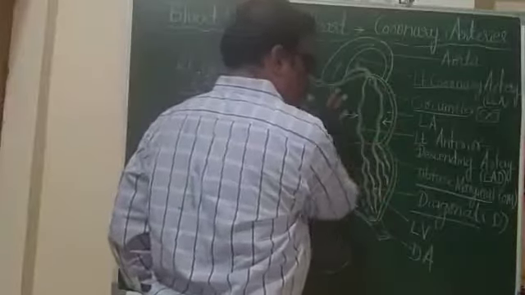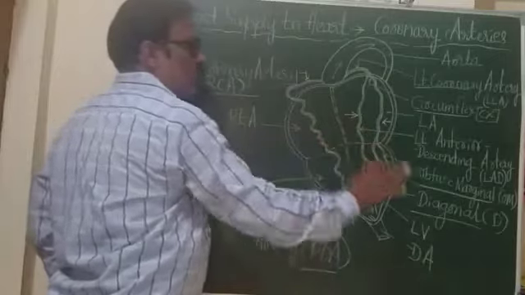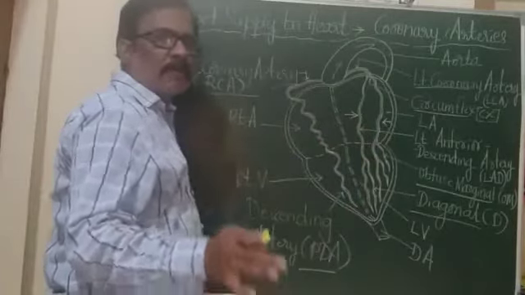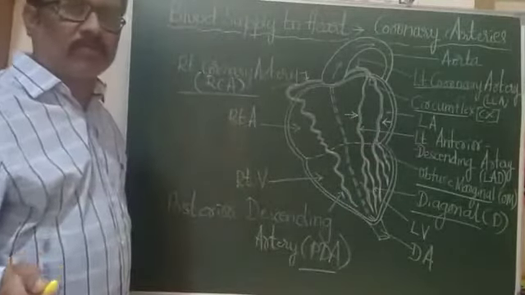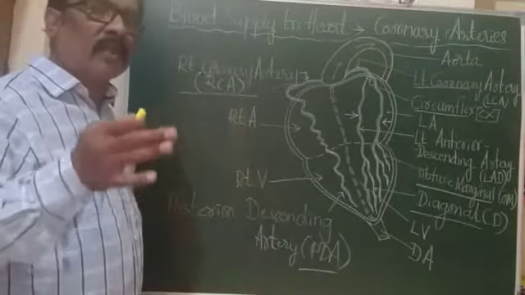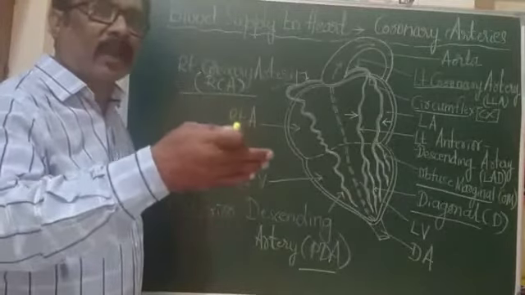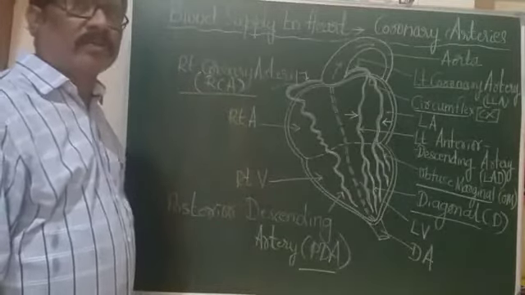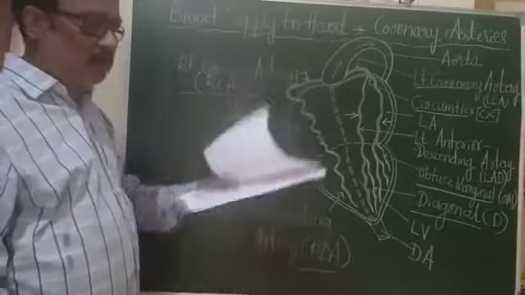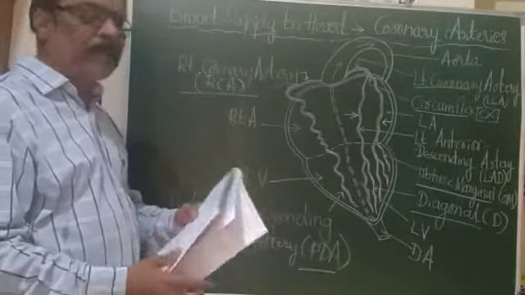It means to the wall of the auricles and to the wall of the ventricles for their normal function. Normal function means the contraction and relaxation of the heart for the double pumping mechanism. So I think you understand the blood supply to the heart. So next part